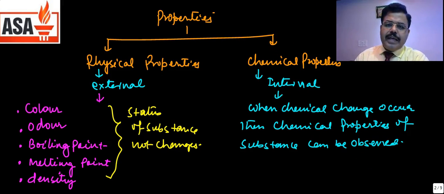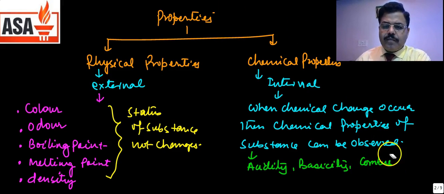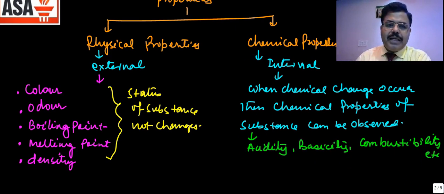Observed. When chemical changes occur, then chemical properties of the substance can be observed. And these include acidity of the substance, basicity of the substance, combustibility of the substance, etc. These can occur. Thereafter, how it reacts with other substances and makes some reaction with